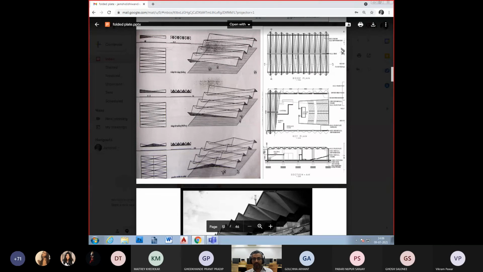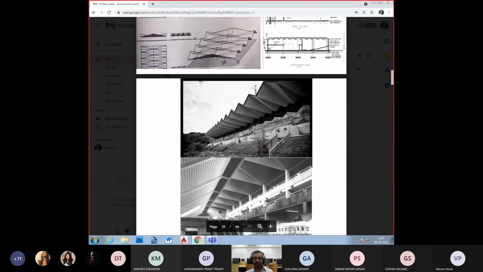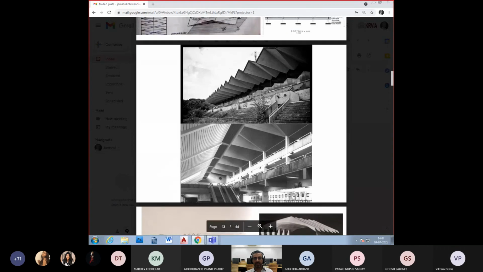And here you can see, inspired from Tagore Hall, a student's work on how he has been able to accommodate the core and the shell. The shell is by way of the folded plate frame, both as a portal as well as a frame, and the core of the auditorium sits in it on very similar lines to what we have seen at Tagore Hall. Numerous sports complexes boast the idea of applying folded plate structure, especially large stands.